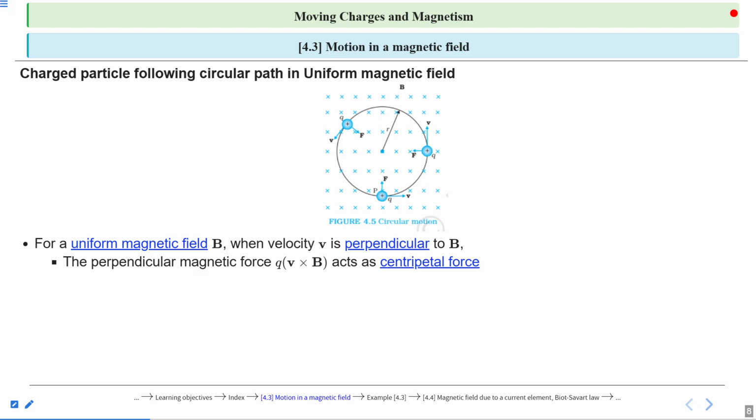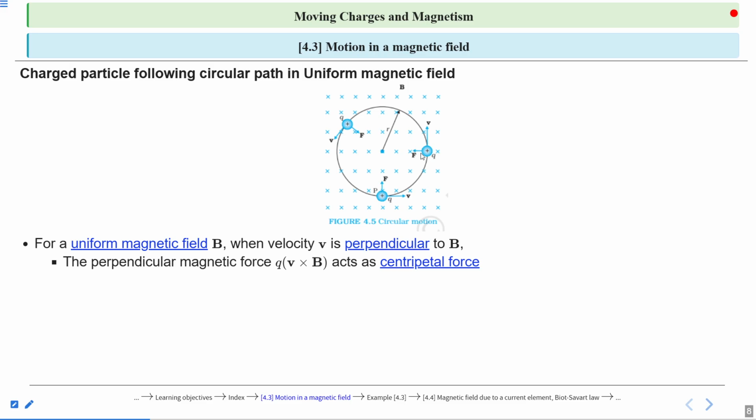You can find the direction of force at any instant by the right hand rule. Point the fingers of your hand in the direction of velocity and curl them towards the magnetic field, that is, inwards, perpendicular to the plane of the paper. Your thumb will give the direction of force, which is upward in this case for this charge q in the below part of the circle. Or at this part,